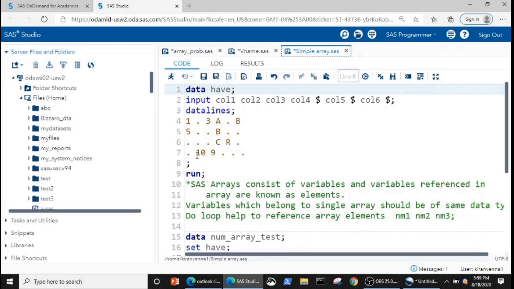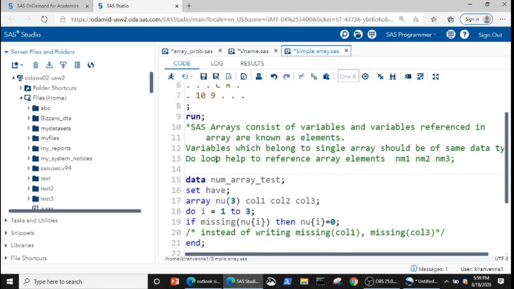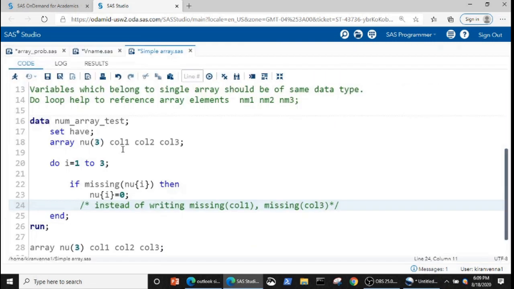Here we have our data set. I have already run the code to create the data set. Here my goal is to replace call 1, call 2 and call 3 with 0 in case they have missing values. Before going into those details, let us quickly look into the syntax of an array.